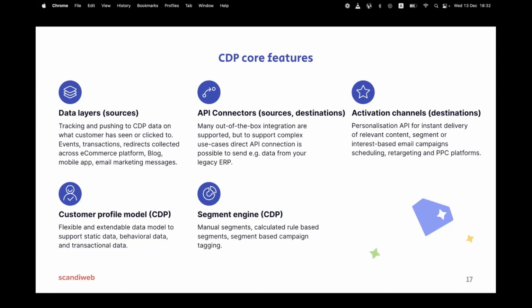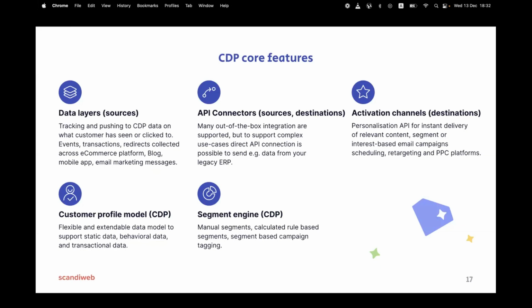First component, API connector. It's a technological module that you need to have, and it usually lies in between the CDP and certain systems. It's a layer that enables data transport between CDP and, let's say, a retargeting platform, or an email marketing automation platform. Sometimes they could be connected out of the box, sometimes not, but that's what you need to look into, API connectors.